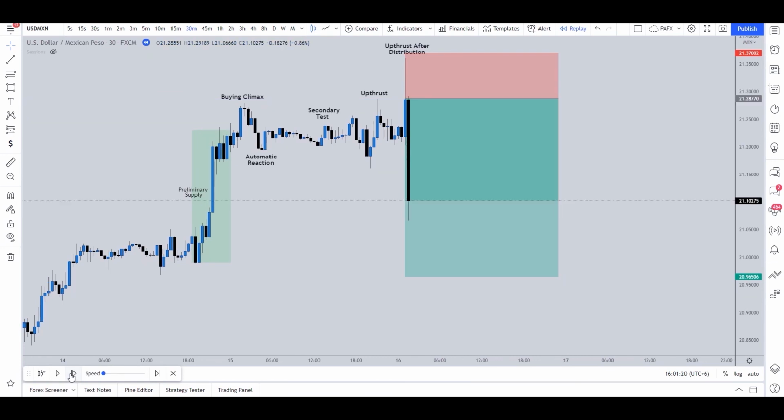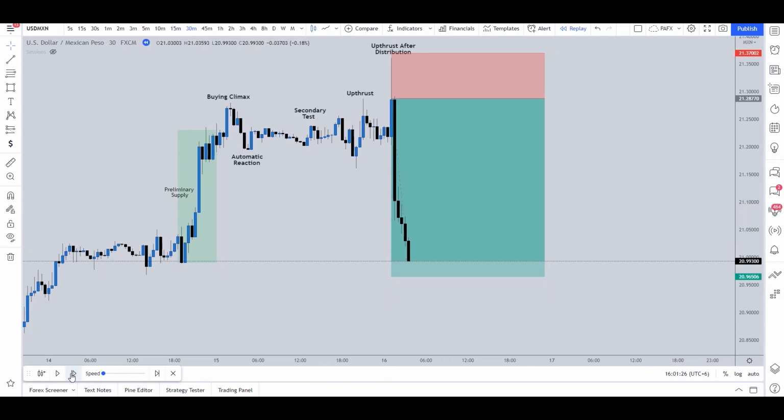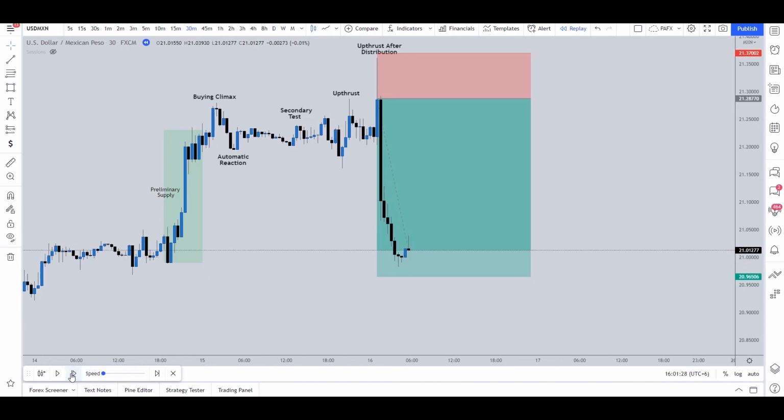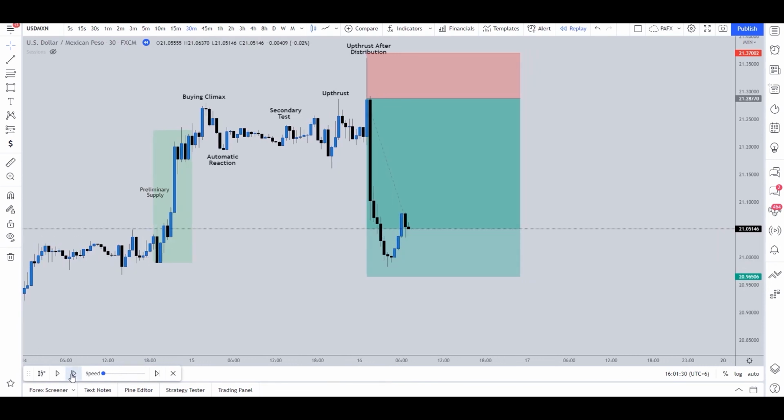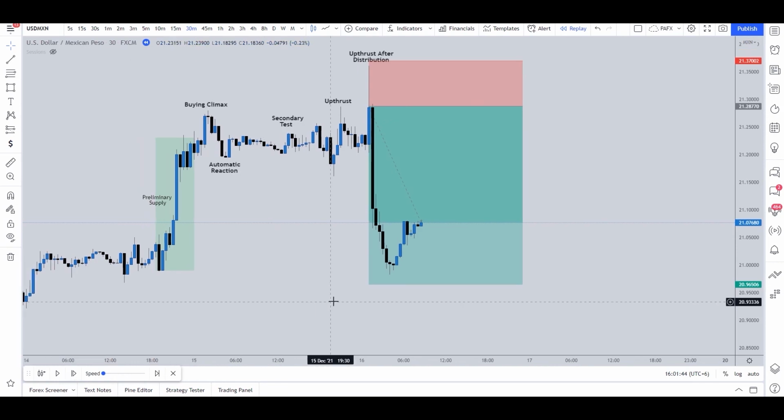Just look at it, little to no drawdown, we precisely caught this huge move again. So even though there was FOMC news during the gold trade and there was news over this USD/MXN trade also, it aligned with our analysis. So if you guys just followed our trade and took this trade with us, you guys can also trade like we do, like the banks do.